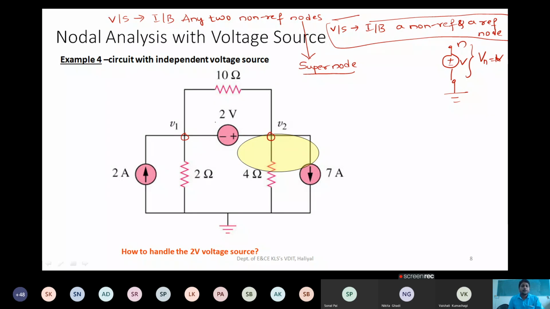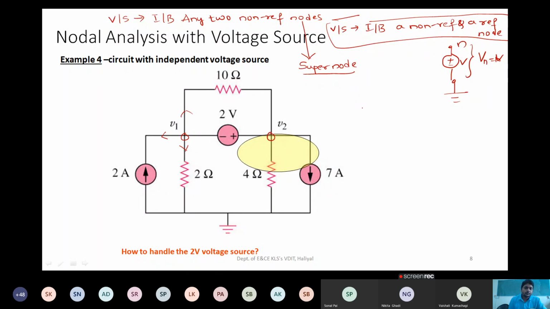In order to solve this, at the max you can apply KCL here, here and here. But when it comes to this point, you may write V1 minus V2 equal to minus 2 and V2 minus V1 equal to plus 2, but later they will cancel out. So in your entire equation you may get the result as 0. So how do we avoid or solve these problems? What we did in super mesh, we do exactly the reverse here.